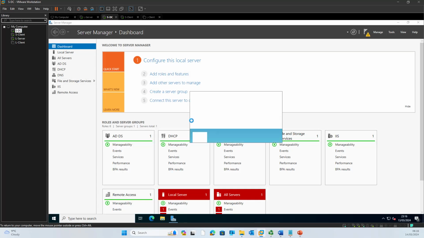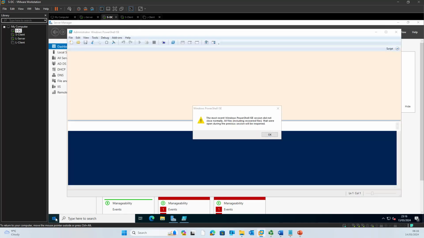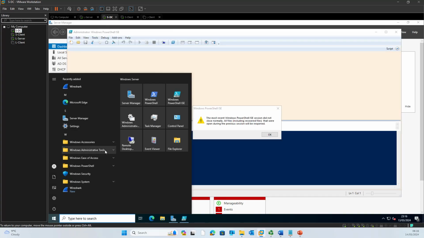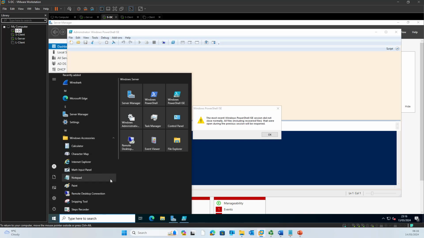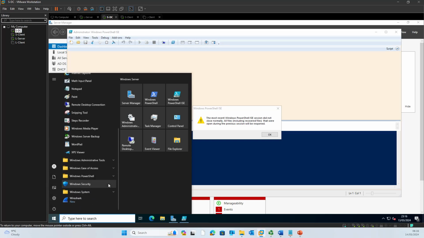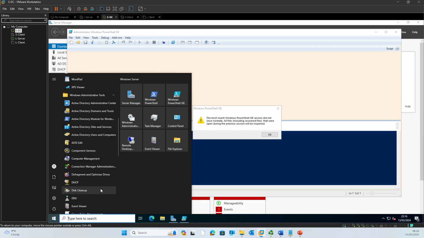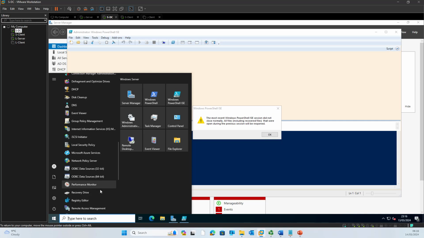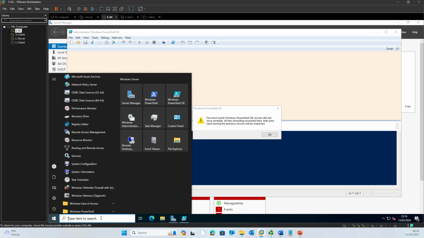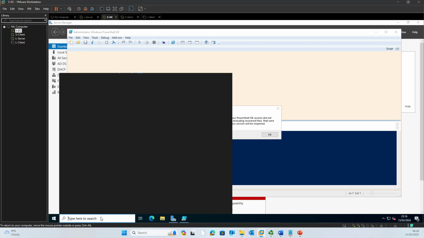Usually when you start at the beginning, if you want to go for a command prompt, you go into this and then you search for command prompt in your files here. So Windows accessories or Windows administrative tools, and that's where you find your command prompt, right? Windows command prompt, or you literally go and search here for Windows command prompt,